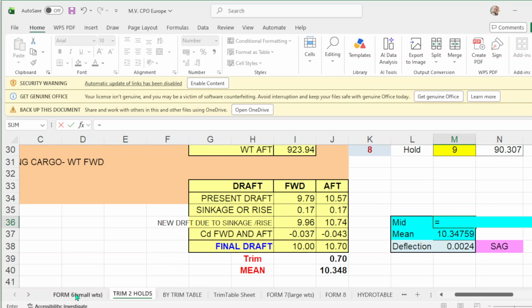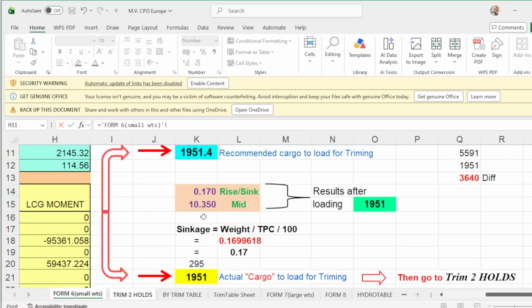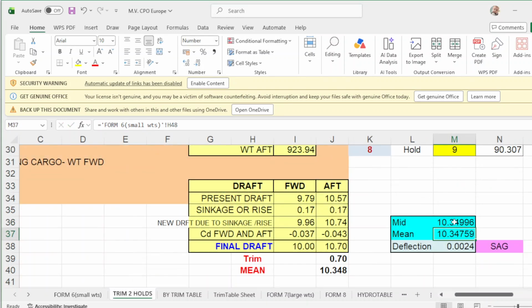Then you go to form number 6. Then you click this one. Because when you load 1951, this should be your mid drop. Enter. This one and your mid drop equals this one. So your deflection is 0.